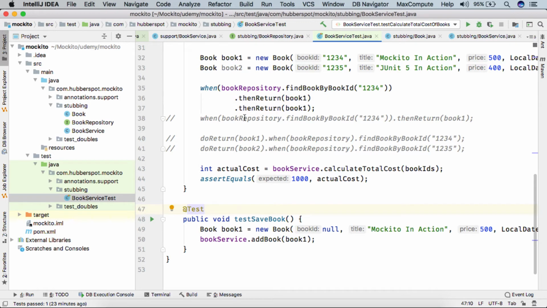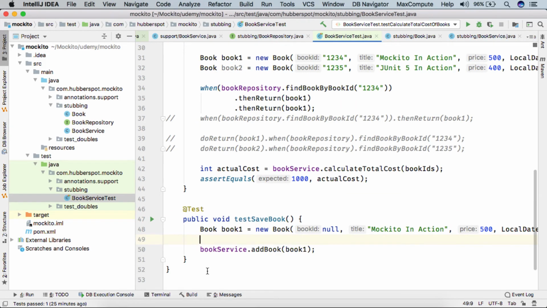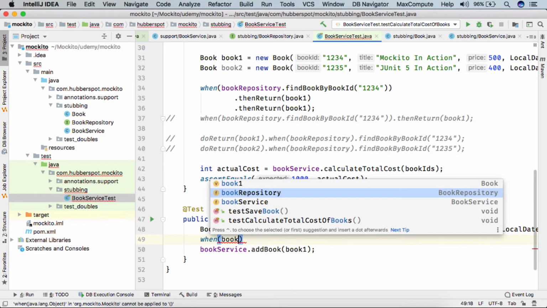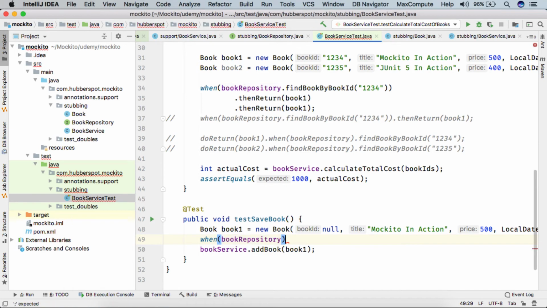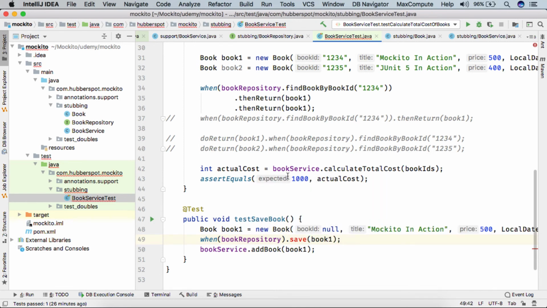To perform the stubbing of the save method in the book repository class, what we can do is in our test we call when. We pass the book repository object which is our mock object. Here we call save. We pass in book 1. This is very similar to the earlier stubbing.